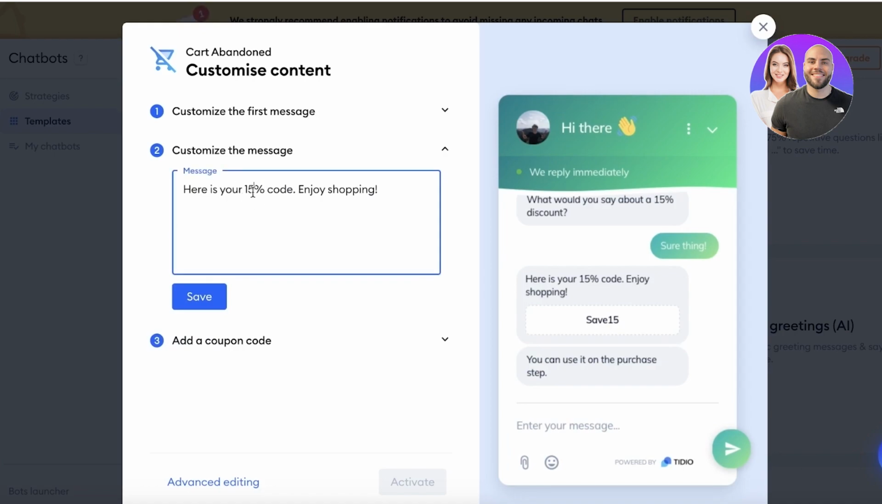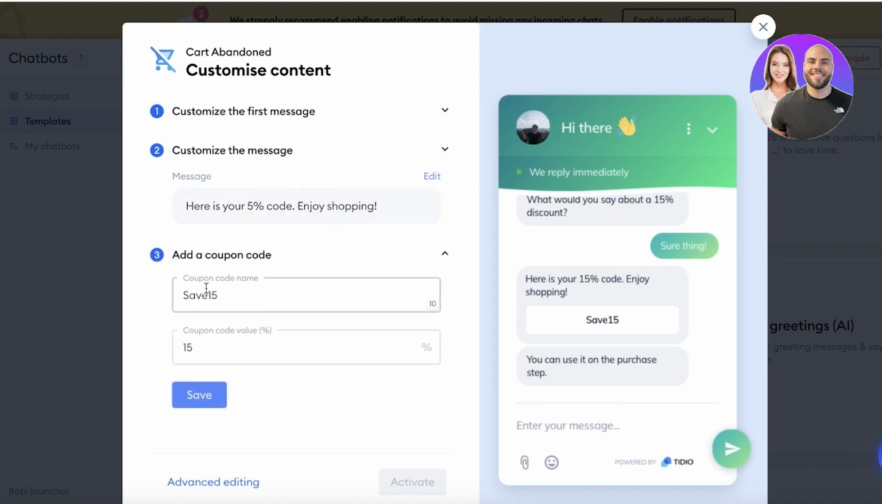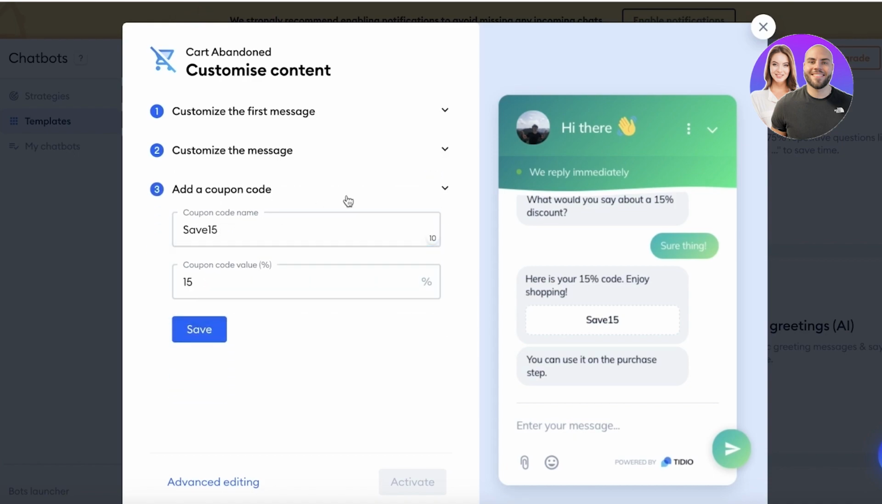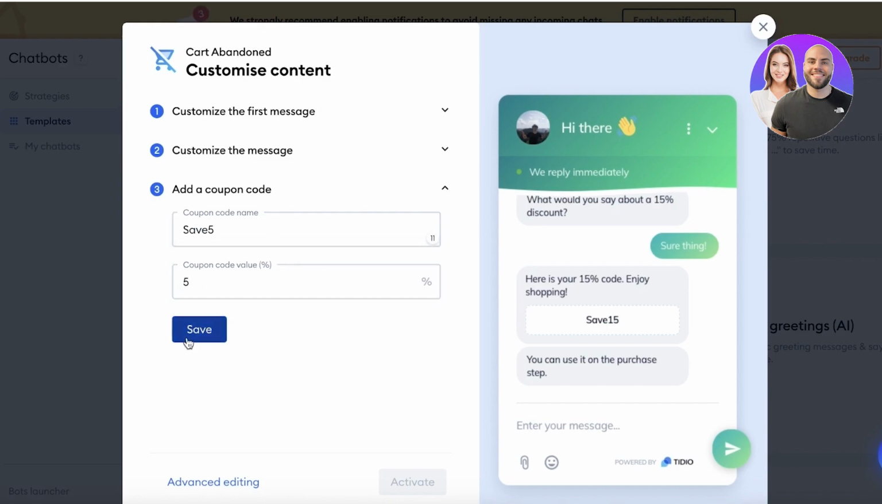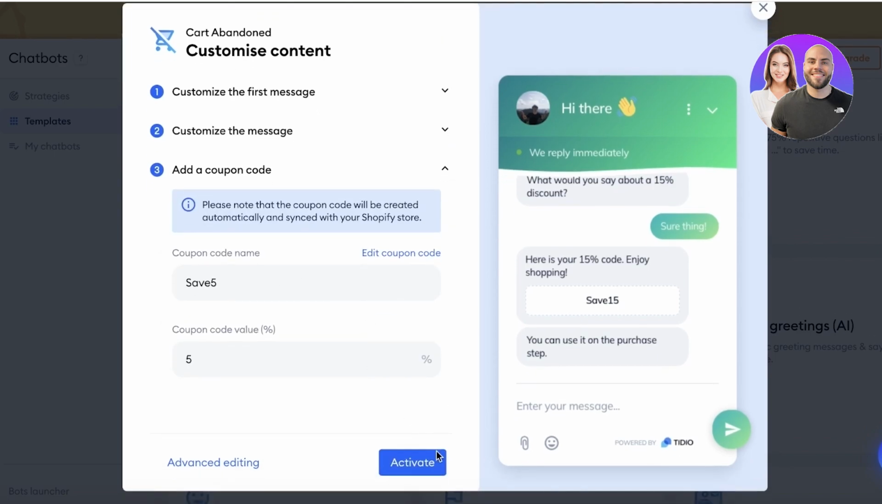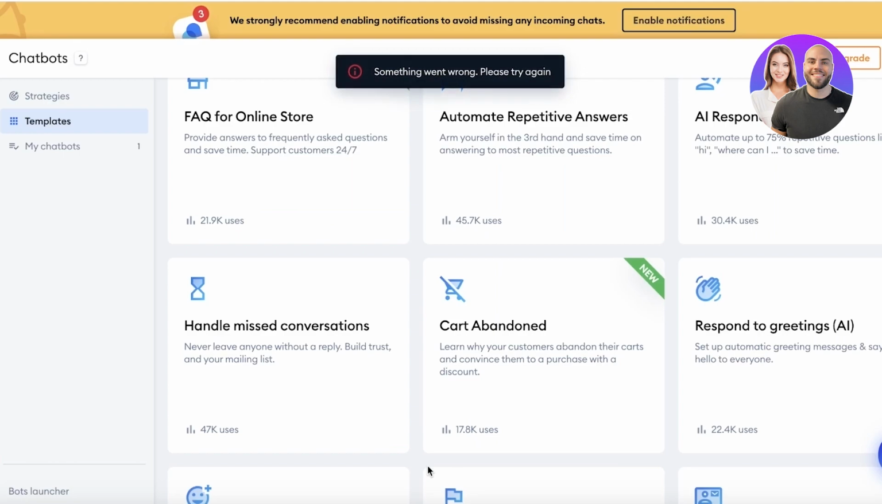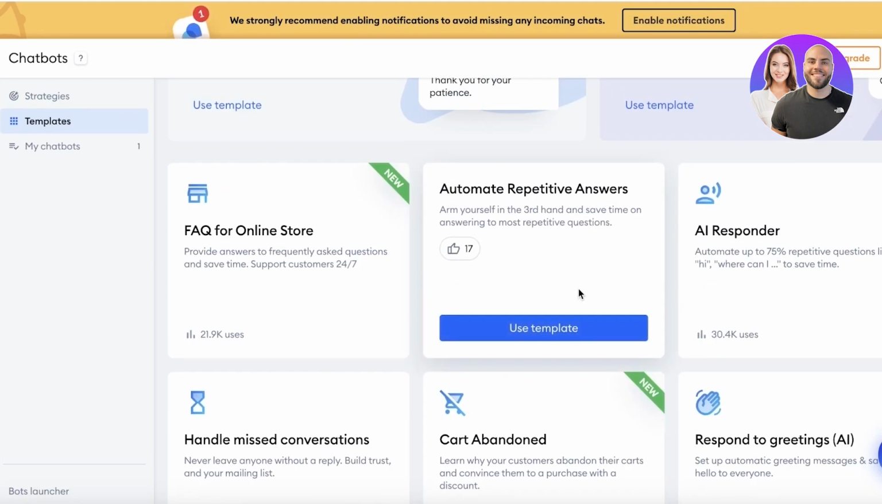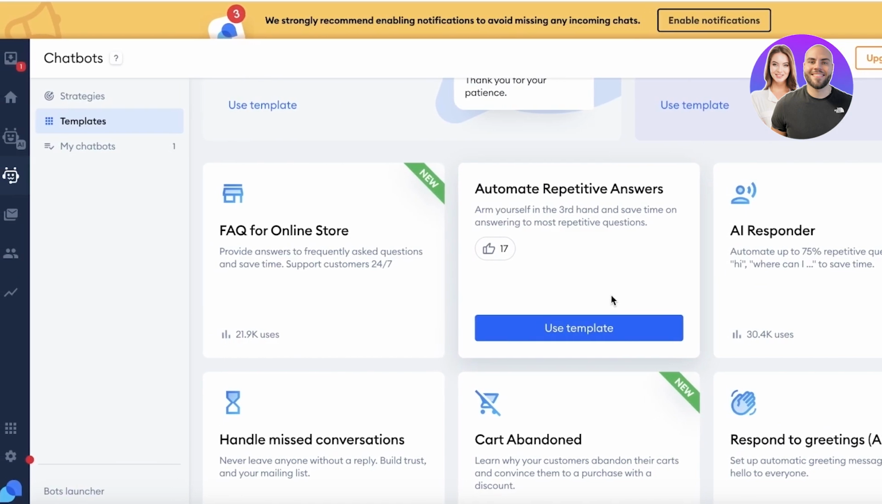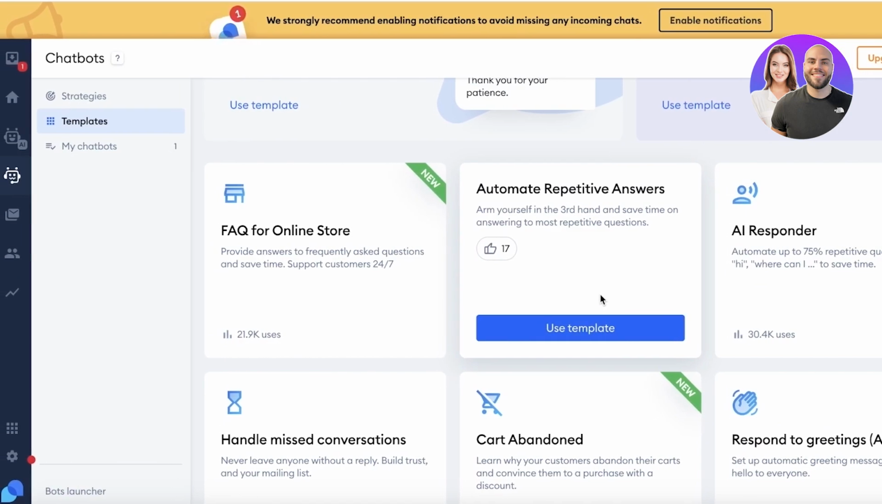Here, let's say I want to provide a 5% discount code. Enjoy shopping. I'm going to click on save, and then we can add a coupon code name and the code value. So I'm going to convert this to save 5, let's say. And then we can just click on save over here. Once you do that, you can click on activate to activate this particular chatbot onto your Shopify